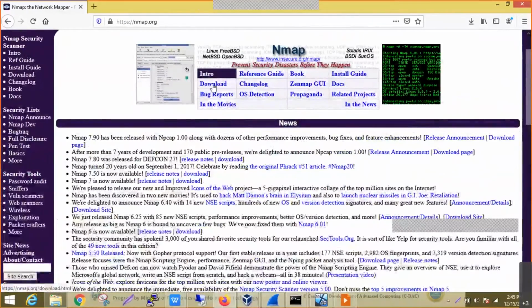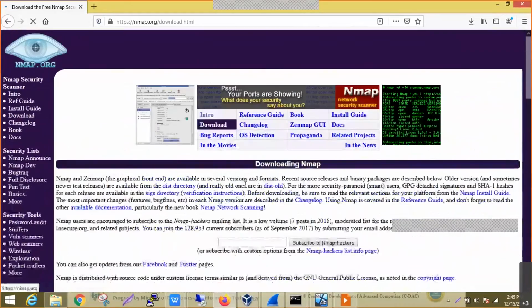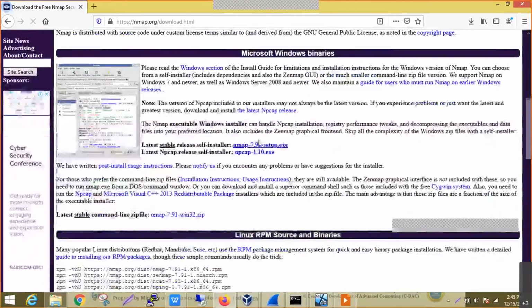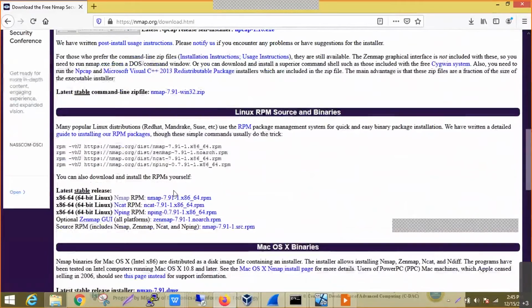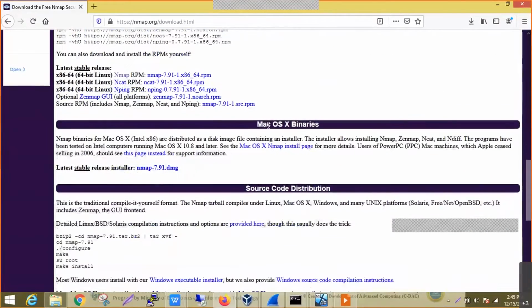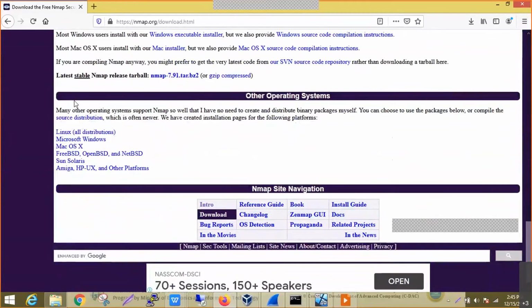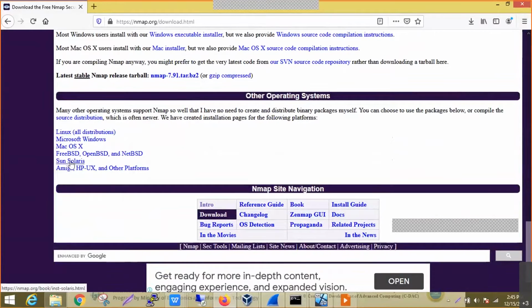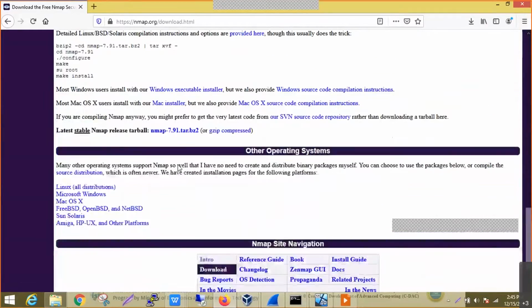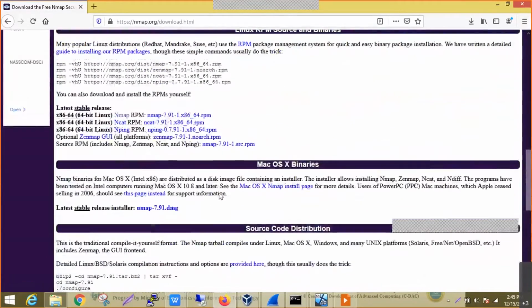Once you open this website, we can click on the download button, where we have a specific setup for Windows, and also packages for all the Linux boxes. For Mac also we have the source code distribution, along with other Linux distributions and Solaris. So it is supported by almost all the major operating systems in use.